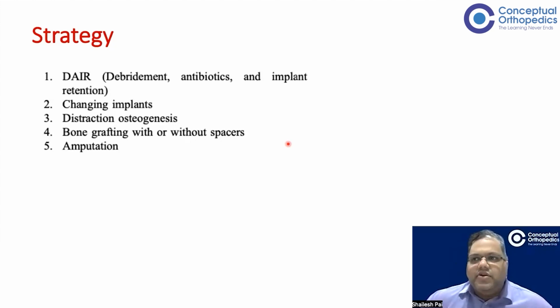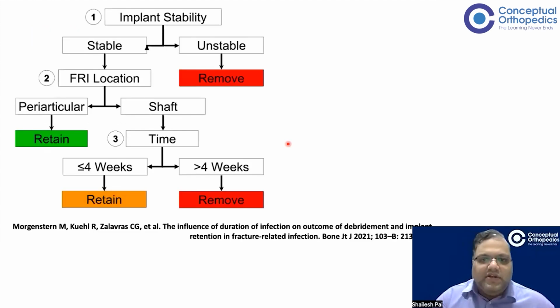The third thing that we can do is Ilizarov external fixator with distraction osteogenesis. Another thing that we can do, especially if there's a bone gap, is we can put bone grafts or spacers. So these may be bone substitutes coated with antibiotics. The last one is amputation. So we can mix and match some of these whenever we treat any patient with fracture-related infection. So these are the only things that can be done. Right? So we need to strategize ourselves into one of these. So how do we decide, it's on this particular